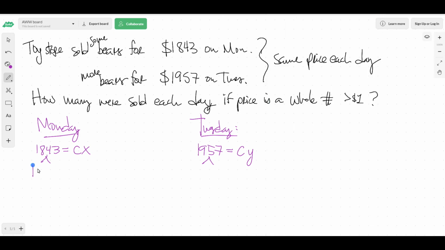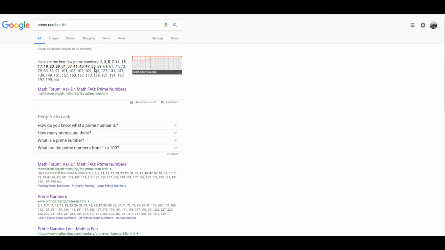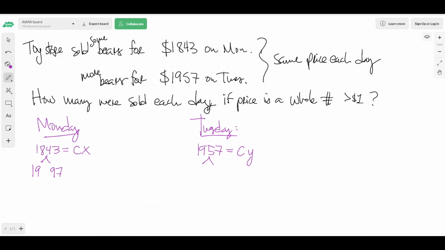So I've got 19 and 97. Let's see, 19 is prime. 97, I believe, is also prime. Let's see, yeah, it's prime too. So those are the only numbers I was going to be able to pick here. And then let's see,